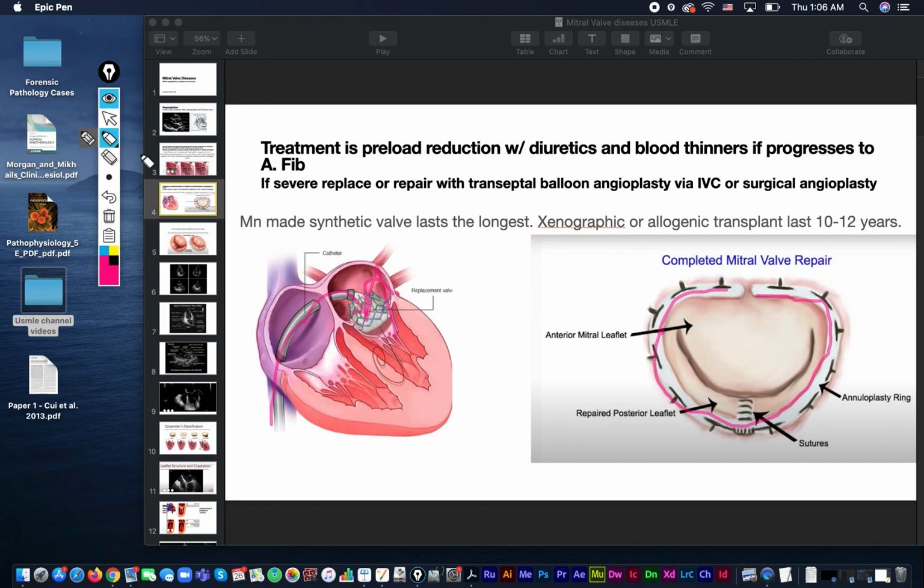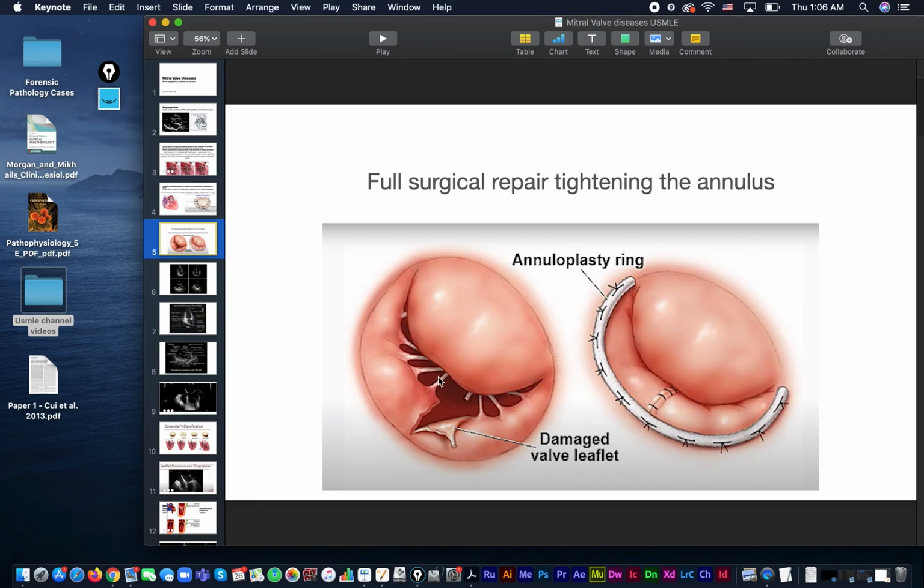Yeah, so that's the surgical treatment options. Now here you can see this damaged valve leaflet is due to a chordae tendineae transection. So what the surgeon does is he probably reconnects that chordae tendineae, but he also tightens the annulus,